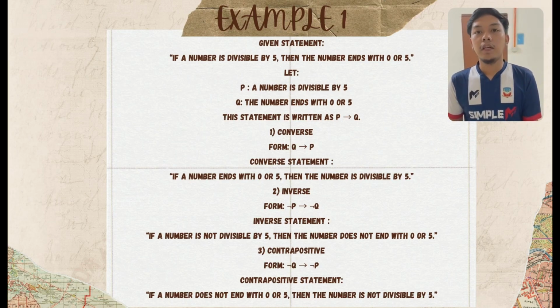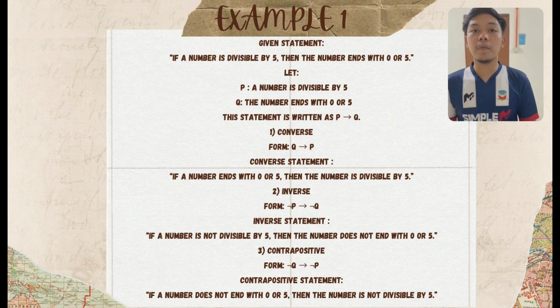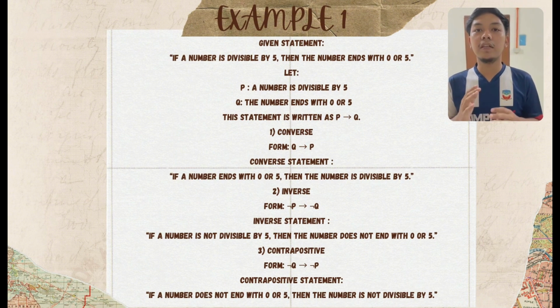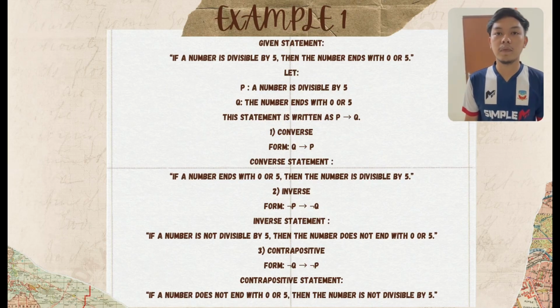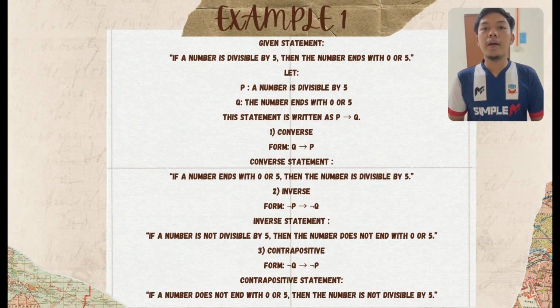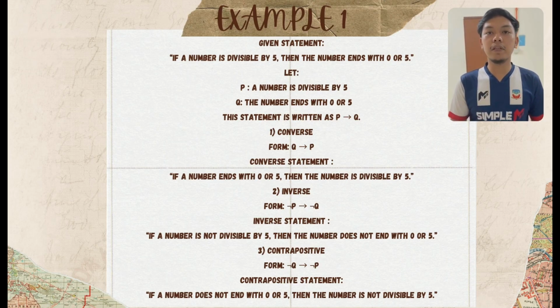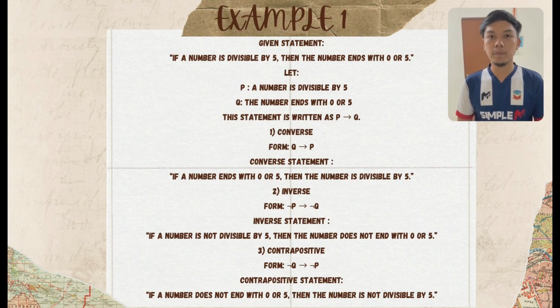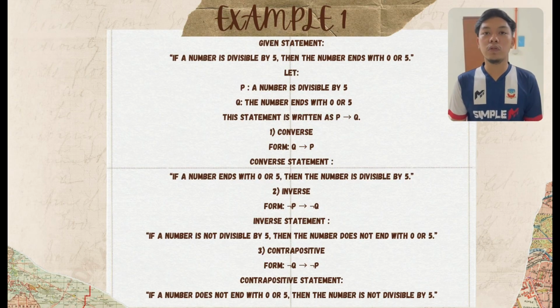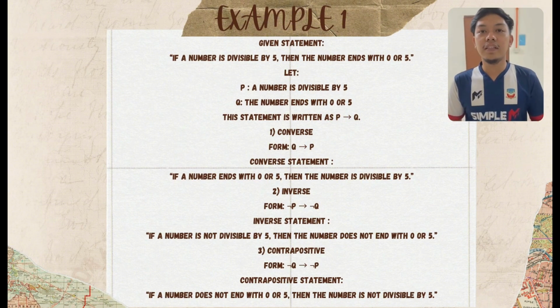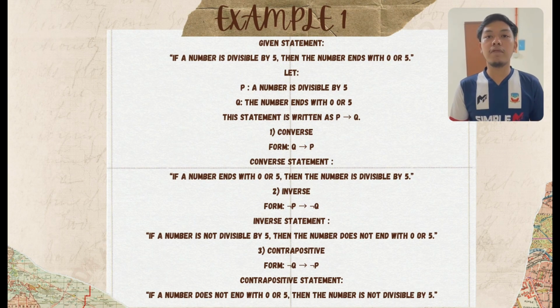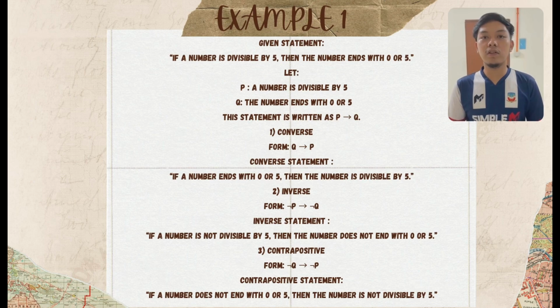Firstly, if we want to make a converse statement, the statement is written as Q implies P. So, the statement is, if a number ends with 0 or 5, then the number is divisible by 5. Secondly, if we want to make an inverse statement, the statement is written as negation P implies negation Q. So, the statement is, if a number is not divisible by 5, then the number does not end with 0